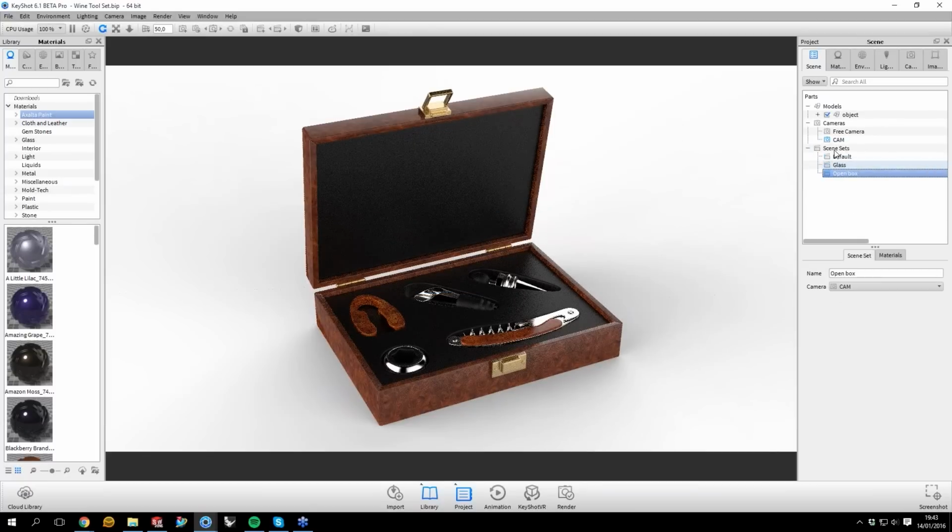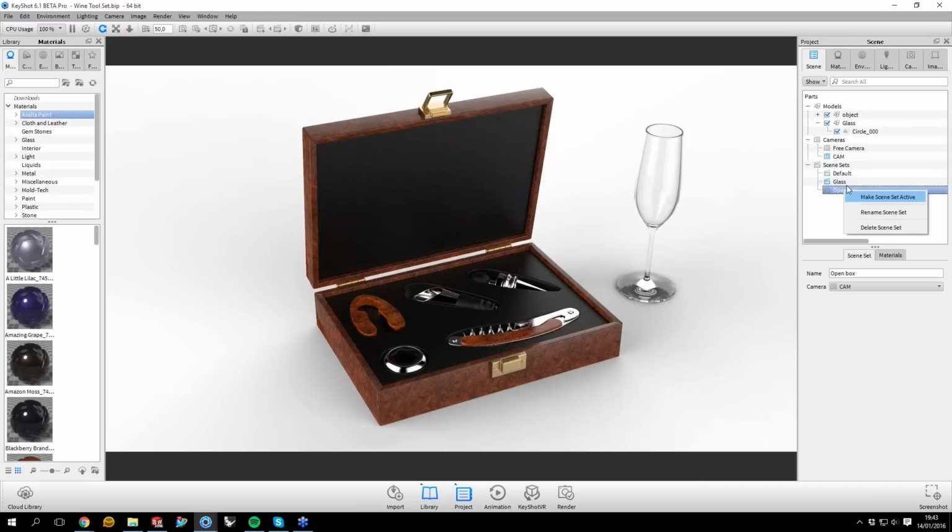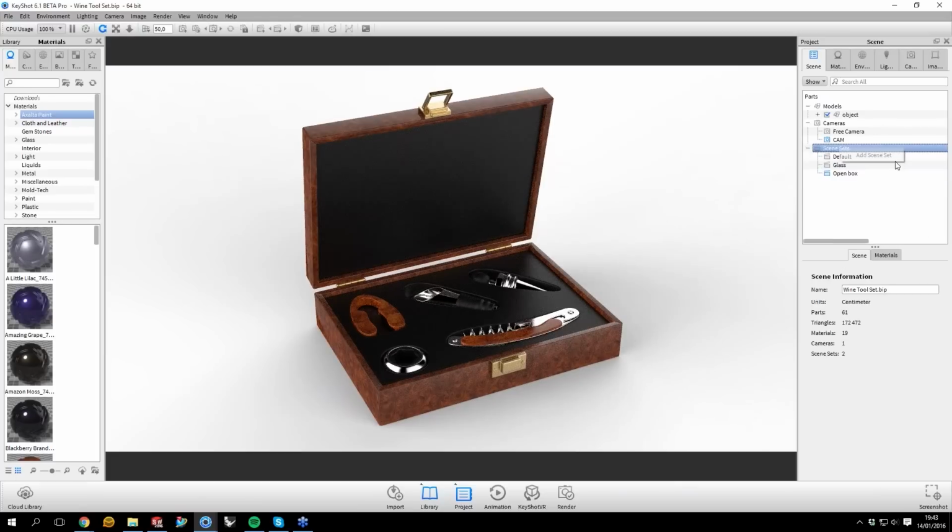So whatever is active, by double clicking or by right clicking, make scene set active, is going to be the basis for the new scene set. So I want my open box scene set to be the basis of my new one, and I will call this box with cheese, and I pick again this camera,